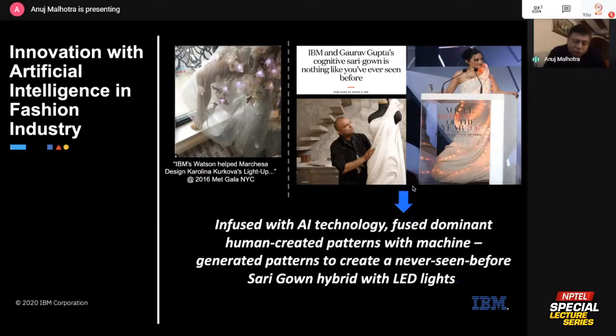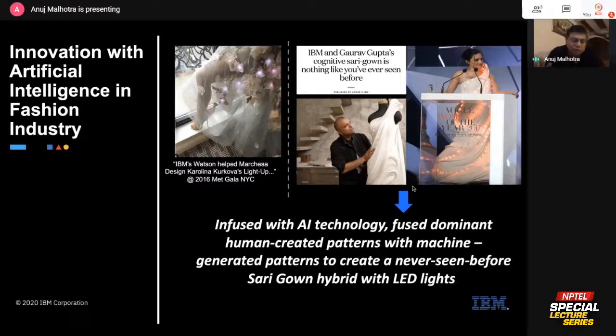We stretched this further. We worked with a few more designers in the following year, which is 2017, like Falguni and Shane Peacock, and then some in Australia as well, to see if we could further this technology and design more high-end designs of clothing, working with high-end designers, right? And this one that you see on the right-hand side is with Gaurav Gupta. This was a kind of Vogue event actually, and what you see is Archie Panjabi wearing that dress, and this again was called a sari gown.